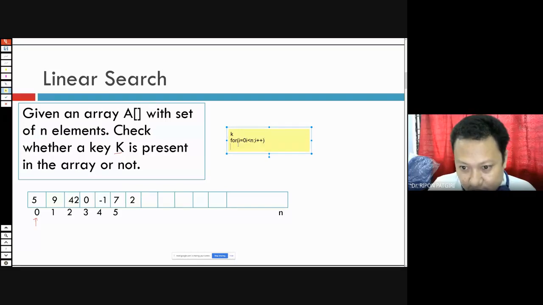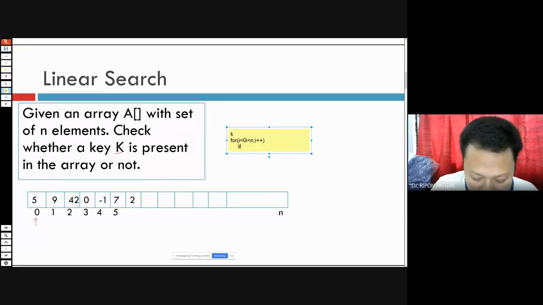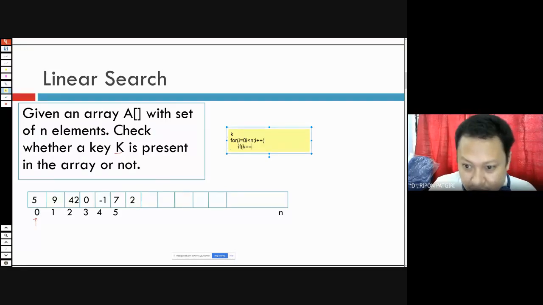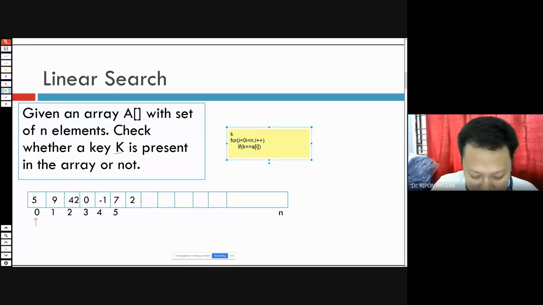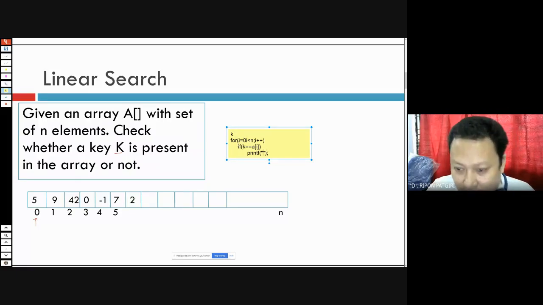This is my code. If k is equal to a of i, then found. Then printf. What should I print? I should print found.